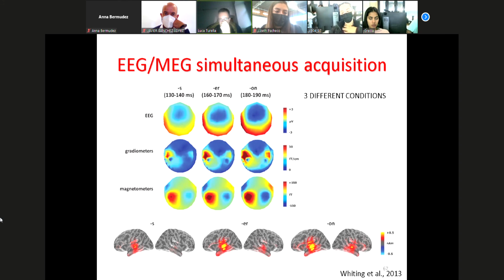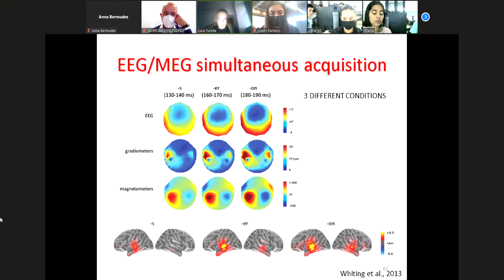I think I was not very interested in the type of task, but let's say you have 3 conditions, and you can see that there are differences if you measure it with EEG, also at the level of the gradiometers and also at the level of magnetometer. But the topography of the signal is very different. This is why it's important that you know the type of signal that EEG and MEG record, but also the type of sensor that the type of MEG you are using